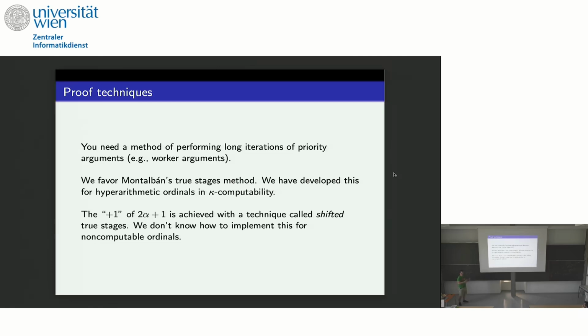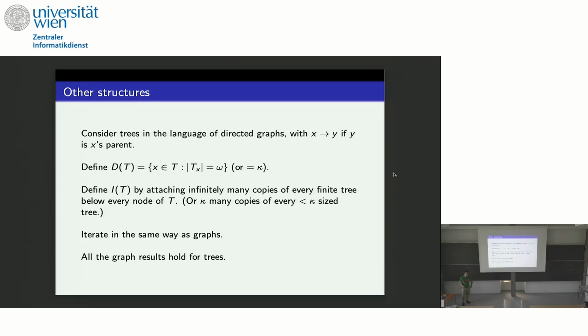But at the moment, we're not quite clear how to get it, which is why we don't have this, which is why we're missing the +1 non-computable ordinals in kappa computability. Okay, so now we've got this general approach of my derivative should be a substructure based on keep the